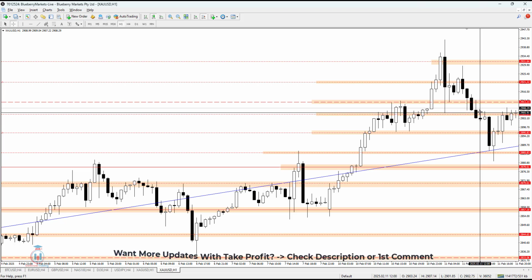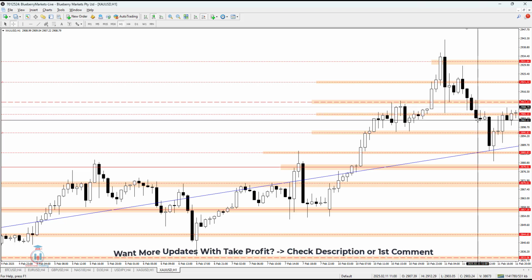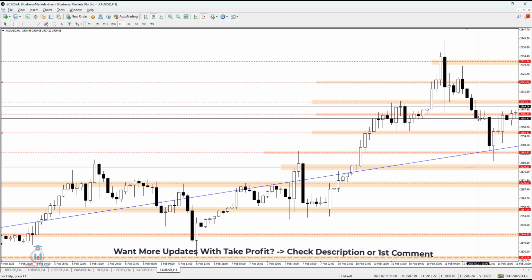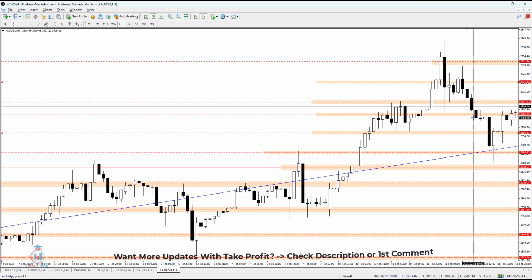Now let's take a look here. This was a bearish breakout, and inside the premium analysis, when the breakout happens, I send information. Let's take an example here: a bearish breakout below 2905.15